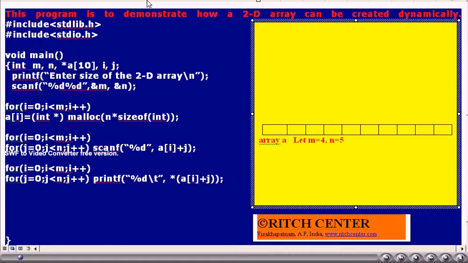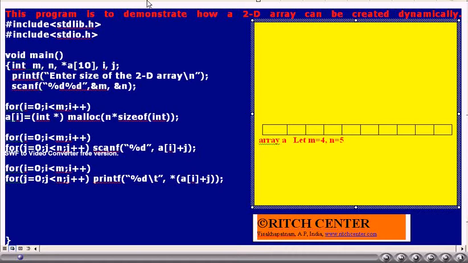What is a 2D integer array? Is it not a series of rows? That is, 1D arrays? Yes. Thus, creating a 2D integer array can be considered as creating each row of it. Thus, here we propose to create a 2D integer array dynamically by repeatedly creating 1D arrays, the rows of this array.